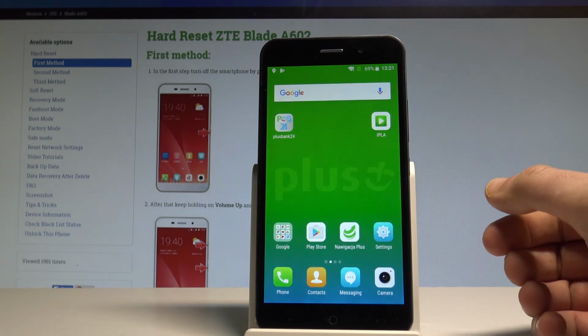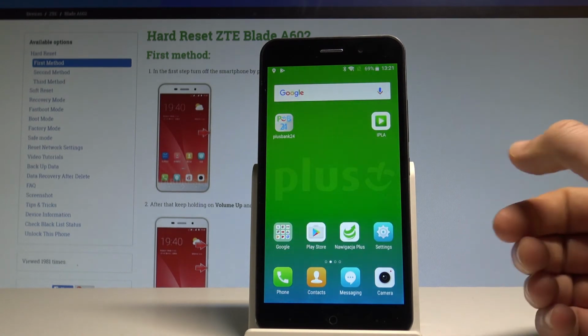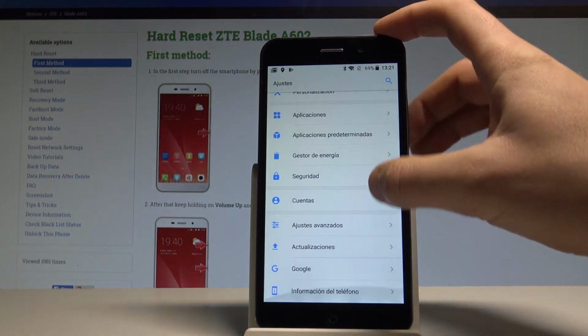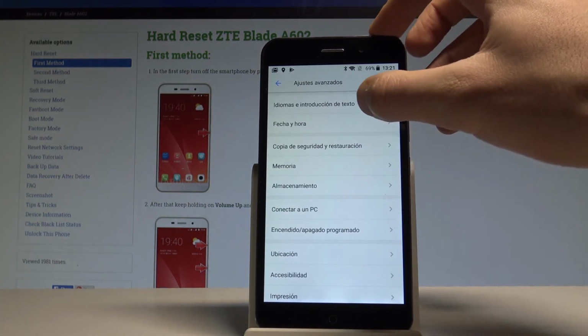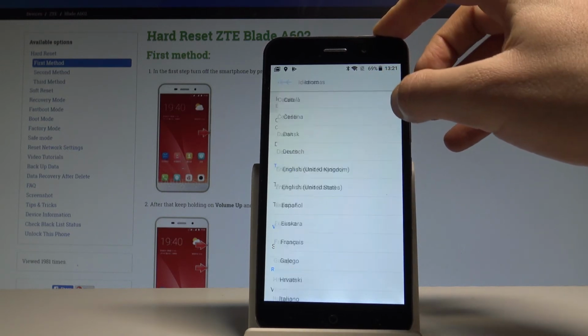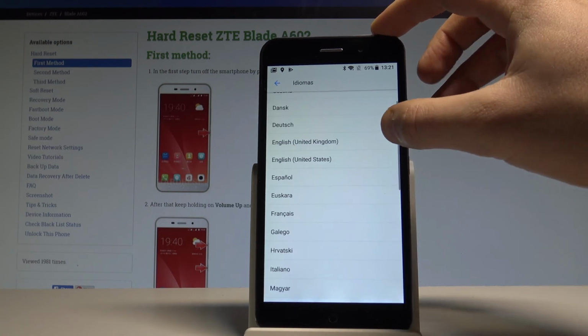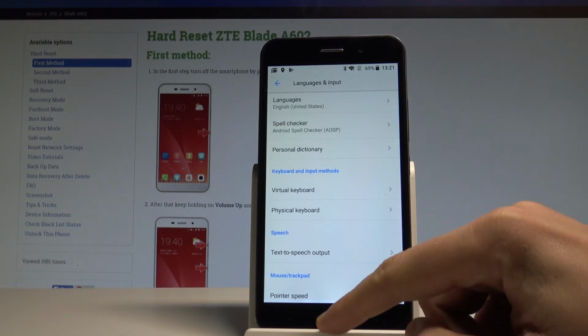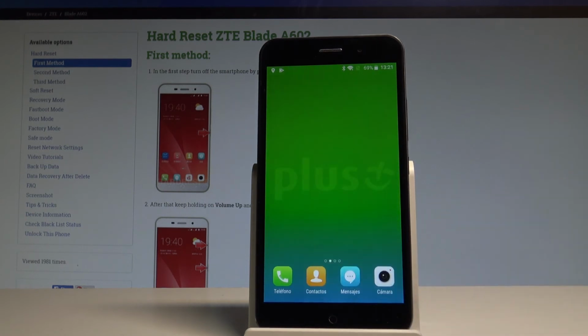So if you would like to go back to the previous version, so to the English one, let's choose Ajustes right here. Choose Ajustes Avanzados. Tap Idiomas y entrada de texto. Tap Idiomas again, and from the following list let me choose English, for instance from United States. As you may notice, now everything is back in English,